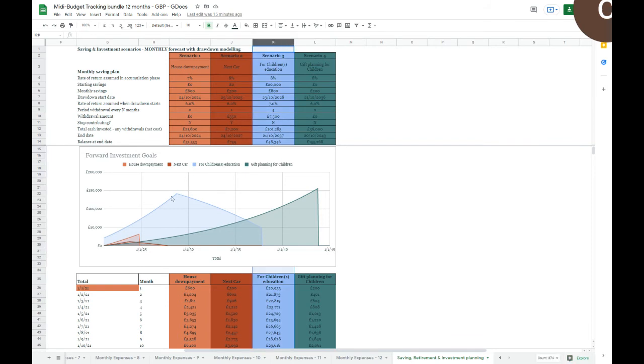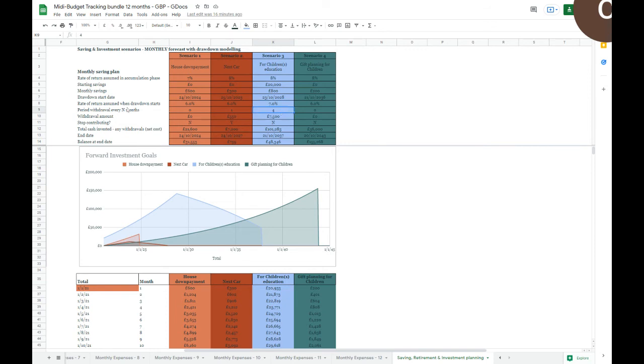Next one, a bit more complex. This is planning for children's costs or education, whether it's nursery school, private education, university education, whatever it may be, just the cost of having children. This allows you to model starting a savings rate, a pot of money put aside, and a rate of return assumed in this accumulation phase. In this case, putting in £800 a month for a 7-year period. This is more like funding university or private school.